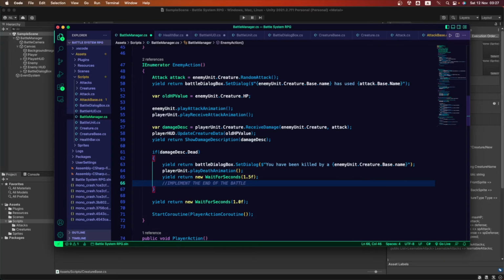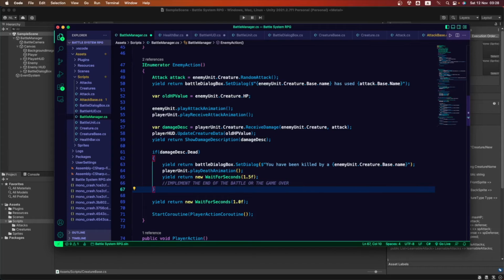So here you can change the camera to go back into the main menu because you're dead, or go back into a hospital like in Pokemon, or whatever you want, or a game over. Here is where that would happen. Implement the end of the battle or the game over, or however you want to build your game.